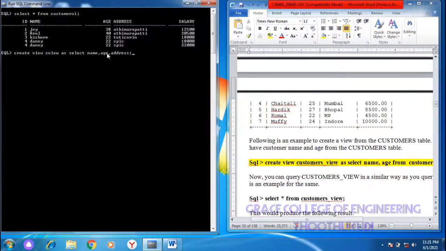In the view I have only 3 columns, name, age and address.